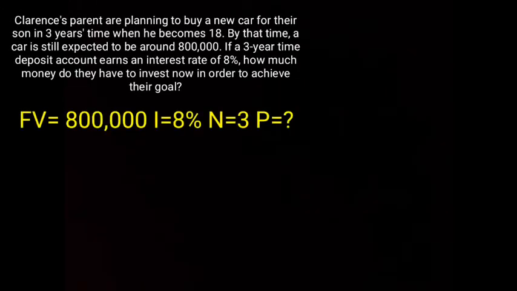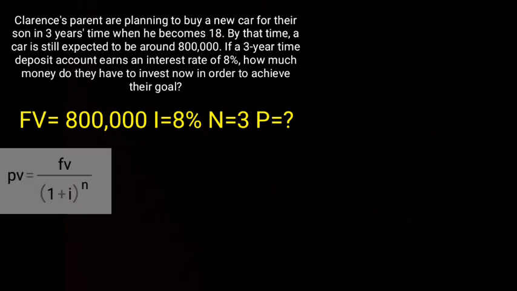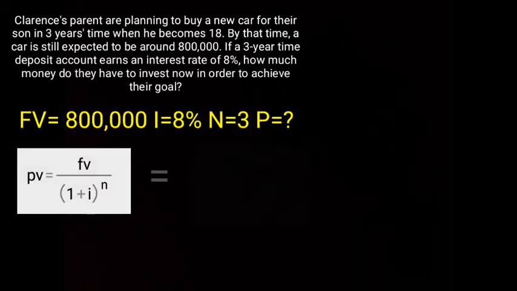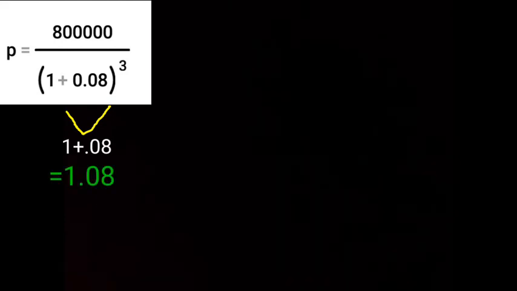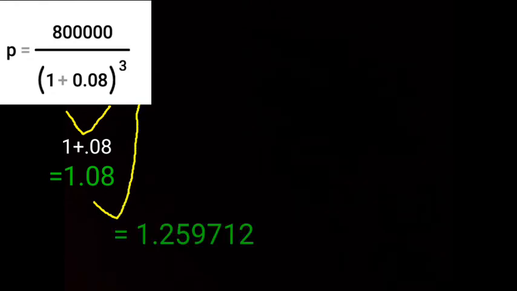Since we know that the future value will be 800,000, the interest rate is 8%, and the number of periods is 3, we have to find P. As the given values are substituted into the formula, it will be. So, let's solve this. 1 plus 0.08 is equal to 1.08. So, 1.08 raised to 3 is equal to